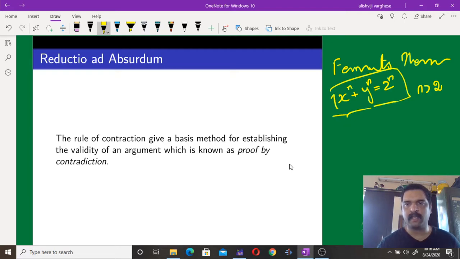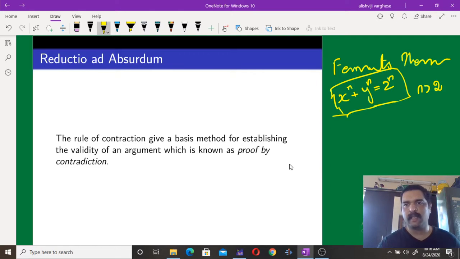So we know that for n equal to 2, it is x square plus y square is equal to z square, and that equation has a number of integer solutions, and they are known as Pythagorean triplets. But whenever n is greater than 2, equations like x cube plus y cube is equal to z cube, or x raised to 4 plus y raised to 4 is equal to z raised to 4, have no integer solutions. And this is a